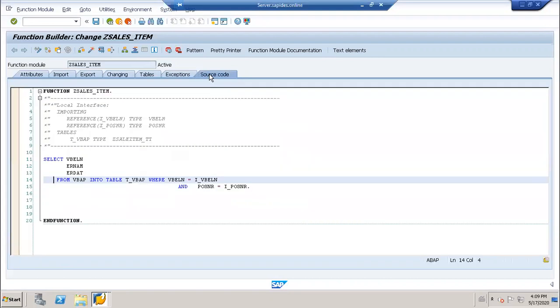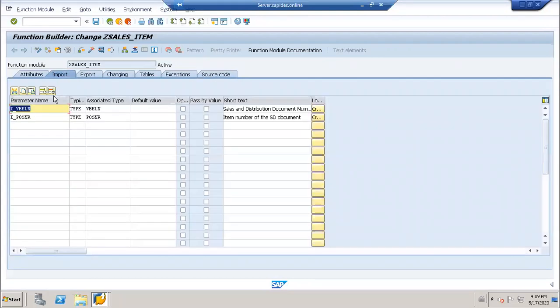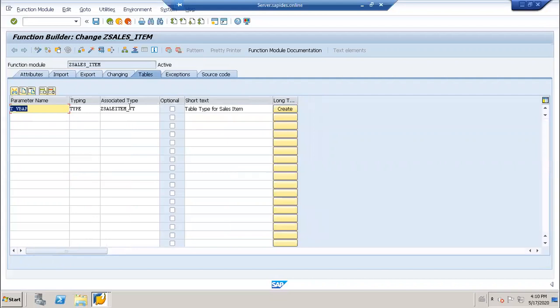So here, what did I do? I just took two importing parameters, sales sort only, sales item. In the table section, I took a table type. Here you cannot make TYPE TABLE OF. There is no provision to make type table. If you want a parameter to be a table, then you must take a table type. Because a table can act as both importing and exporting, if you want to hold multiple values in this parameter, you take a table type.